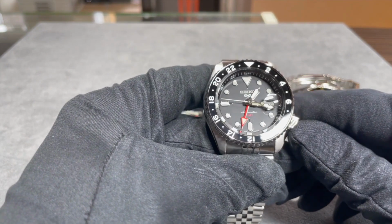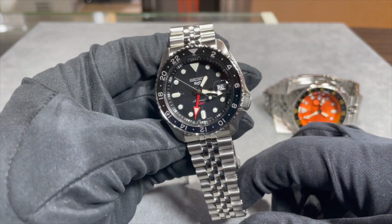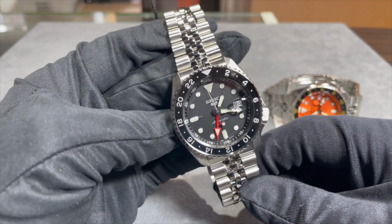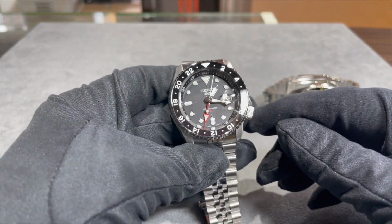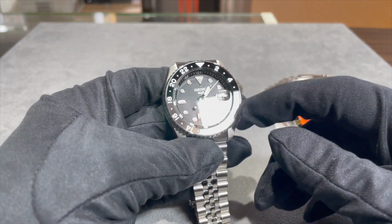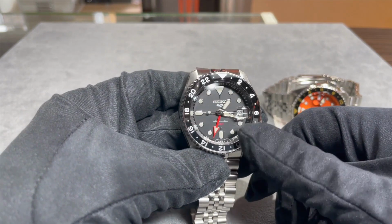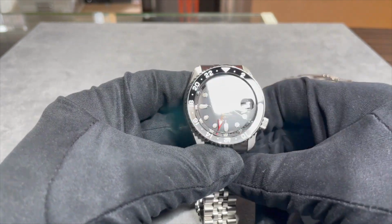What is the same for all models is of course the dimensions. We have a 43 case here, but we'll also take another look at it with the caliper shortly. Classic Seiko shape, and at first glance one thing will certainly stand out, which I find simply incredibly well done. We don't have an aluminum bezel here, but a stainless steel bezel with a hardlex glass inlay. This makes the watch incredibly valuable. It looks almost like the sapphire glass inlay of a Union Glashütte, so extremely well done for this